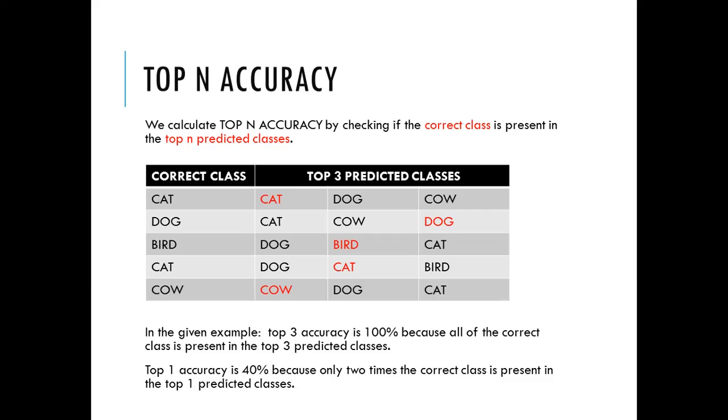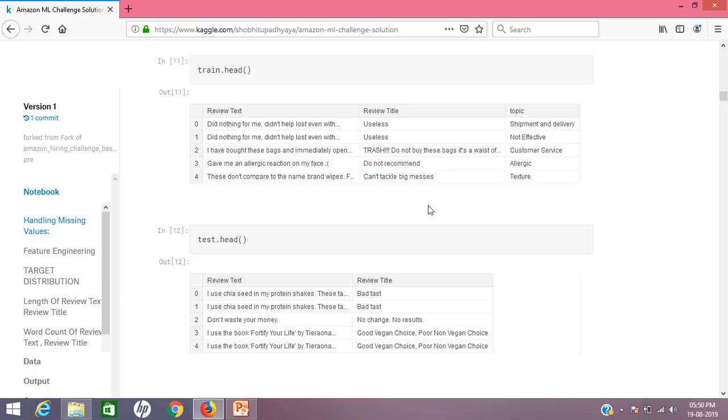Let's explore the data. So let's begin by observing the first few rows of the data. One thing you will notice here is we have duplicate data in review text and review title. For example, in the first and the second row, review text and title are exactly the same, but the topic is different. So the question comes is how to handle this situation. If we feed the exact data to the ML model, the model will get confused because it will find it hard to learn the mapping between the input and the output. Why? Because the same input data has multiple outputs.